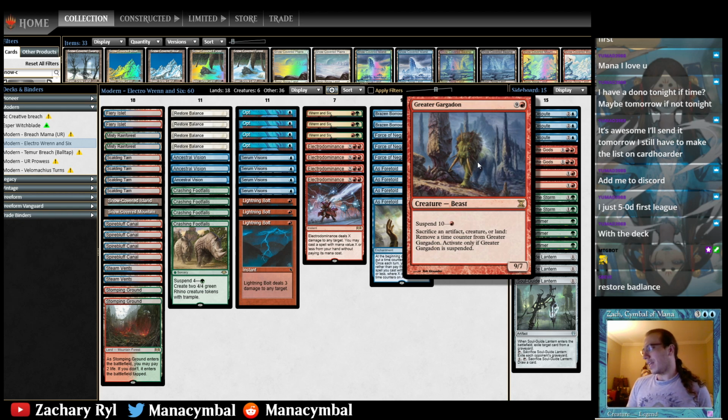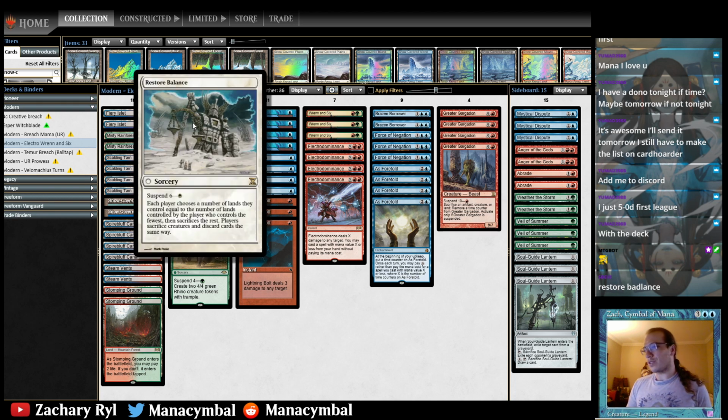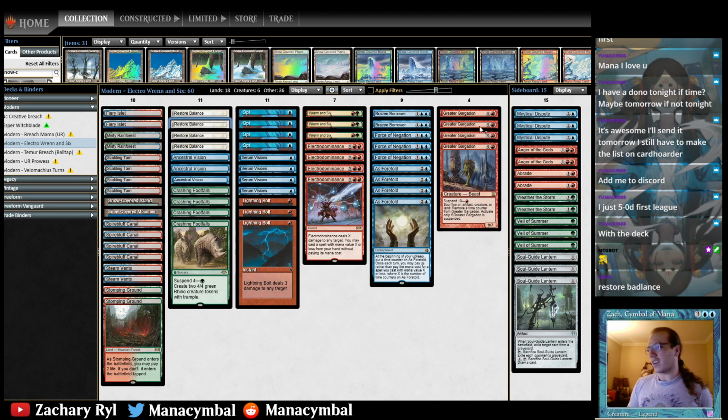So it is normally a 10 mana 9/7, not a particularly good rate, but if you suspend it, you can sacrifice lands at will, which means that when you cast your Restore Balance, you could hold priority, sacrifice all your lands, and thus your Restore Balance will be an Armageddon on top of whatever else it was going to do,